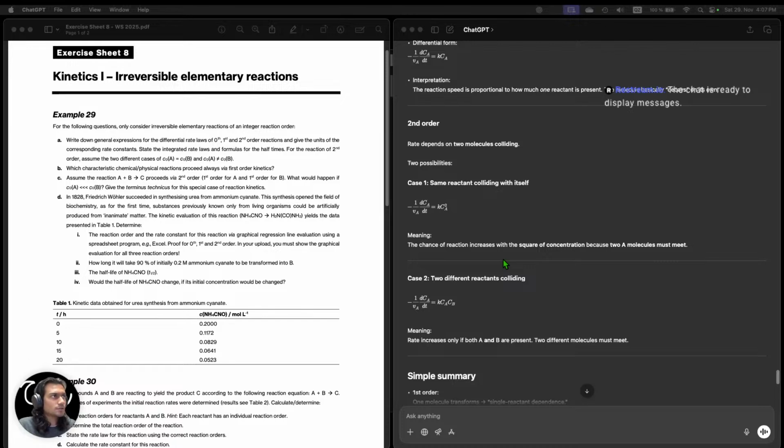The chance of reaction increases with the square of concentration because two A are required to react, so rate increases with